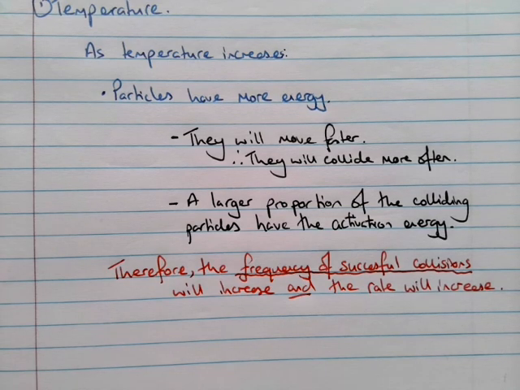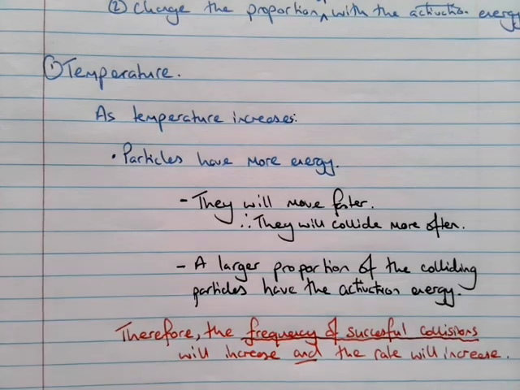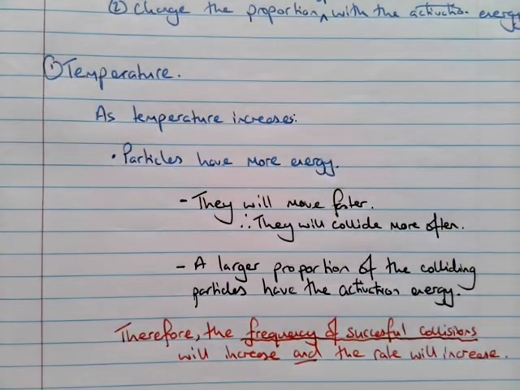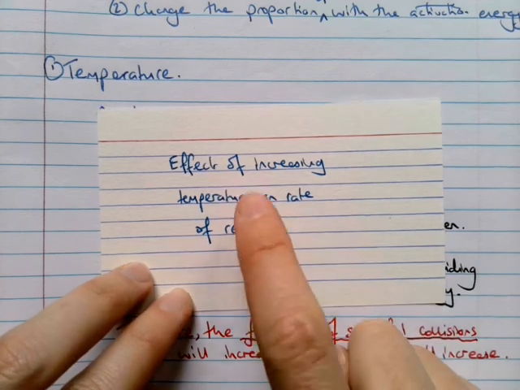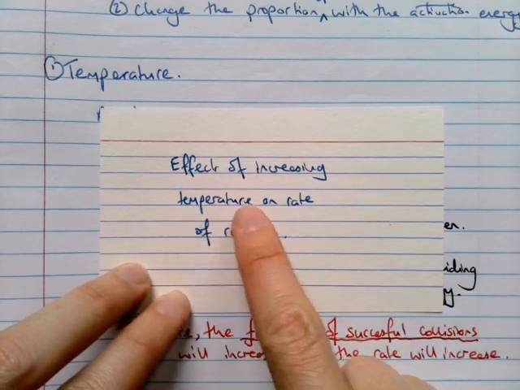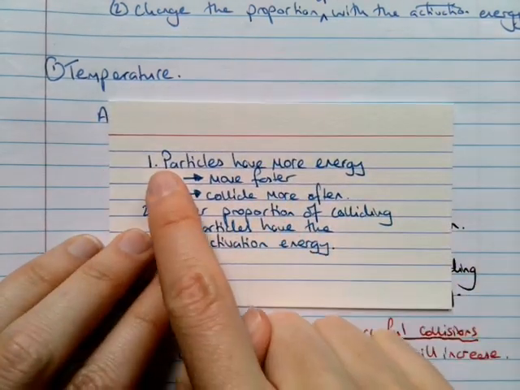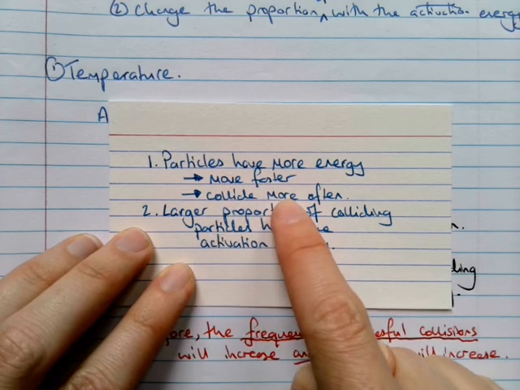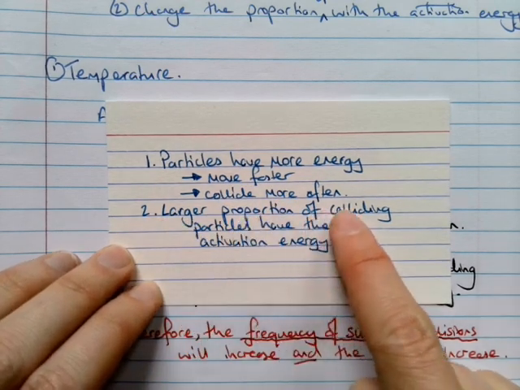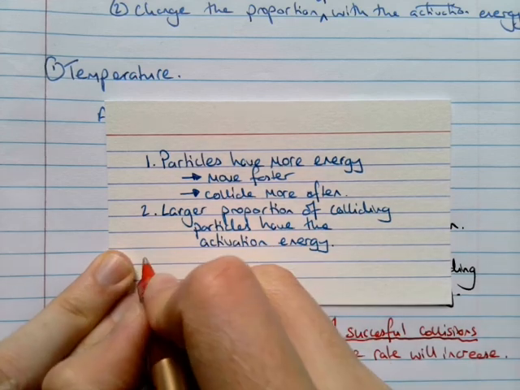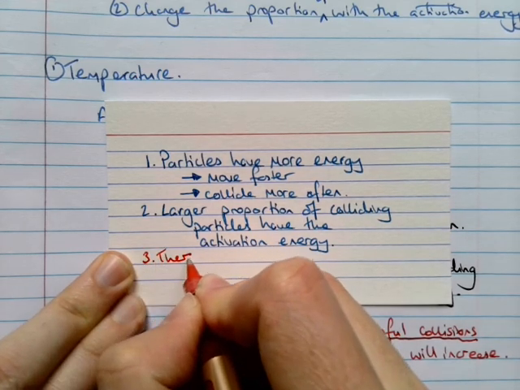Now, the reason that I've chosen to do this topic remotely ahead of time is because it comes in these nice little sections like this, that are very self-contained, that you can easily put on a flashcard. So, you can make yourself a flashcard now. Effect of increasing temperature and rate of reaction. And then on the flip side, we will have, number one, particles have more energy, move faster, collide more often. Number two, larger proportion of colliding particles have the activation energy. Number three, therefore,